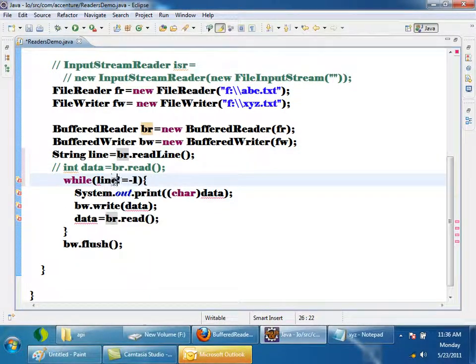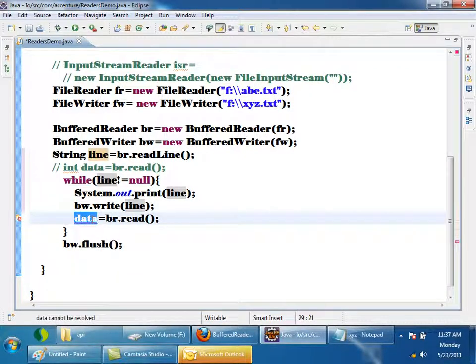So while line not equals to null, null is a keyword, I will print that line to the console and also to the BufferedWriter, and then again I have to use line is equal to br dot readLine.